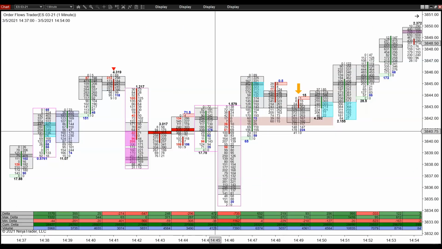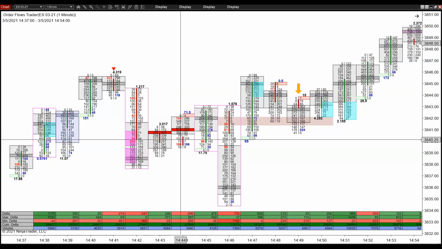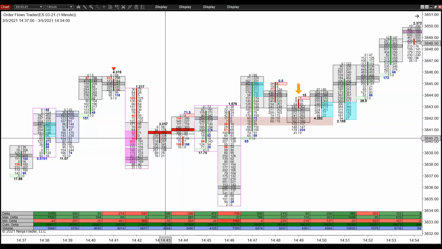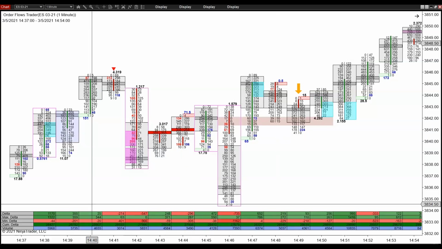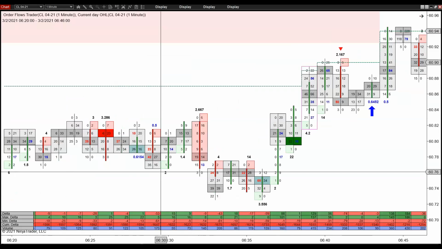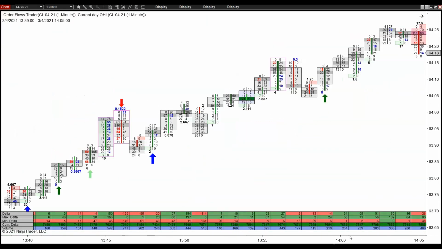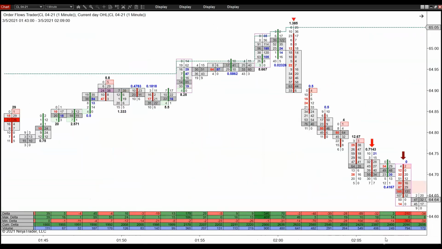Here's a couple of EVAs, but no slingshot. I've actually found that when you get two in a row, it can be quite a powerful move. But this time it's already 2:45, running into the cash close there. Let's take a look at crude oil. Let's go back to Friday